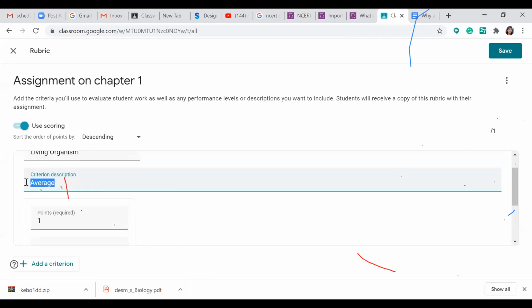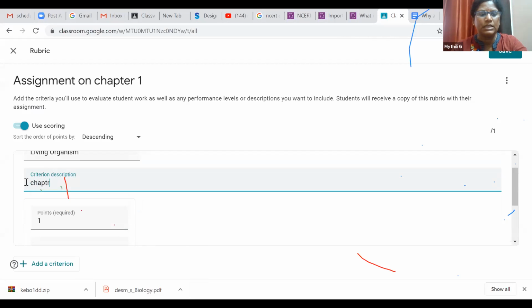That means the living organism. That's a chapter. We can say chapter 1 assignment, or chapter 1 on topic. It's optional, because you have to elaborate a little bit on this particular living organism.